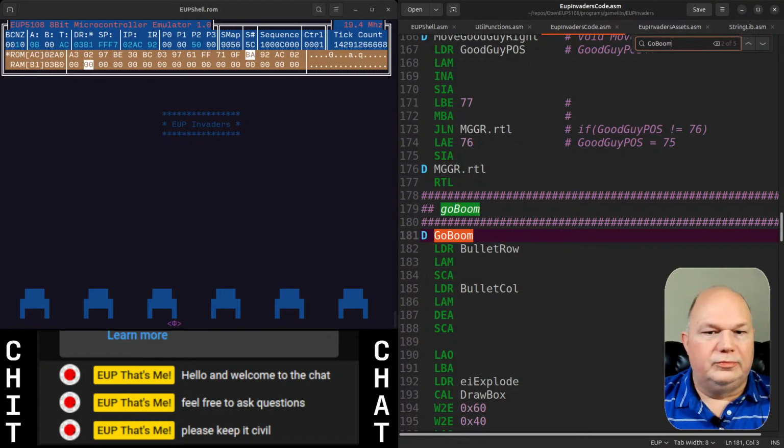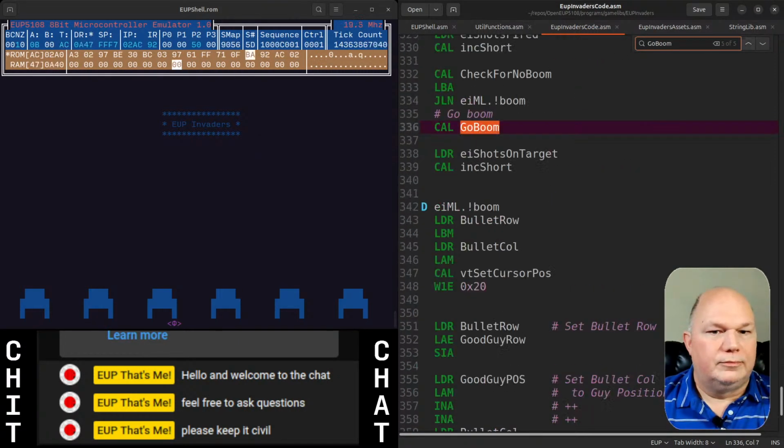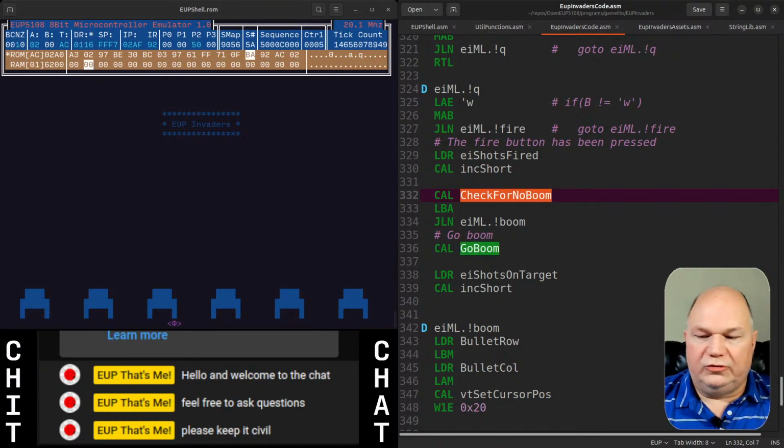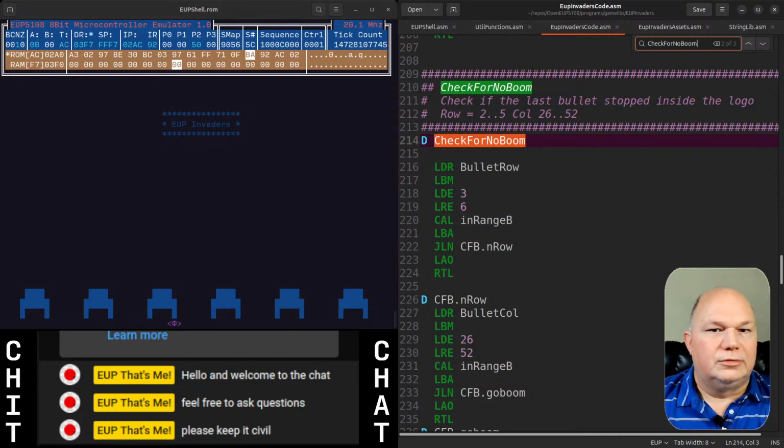Where is go boom called from? There we go. We call check for no boom. Check for no boom is this. The bullet row is loaded into B, and then we're checking if it is loading DNR with 3 and 6. And in range B. So the function in range B